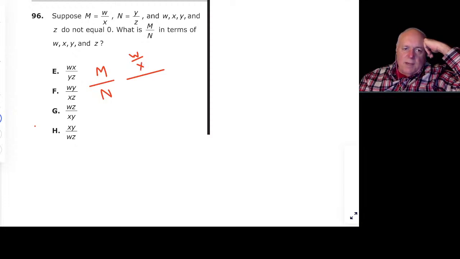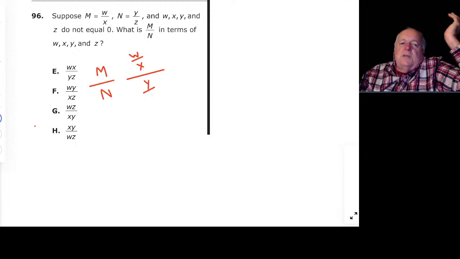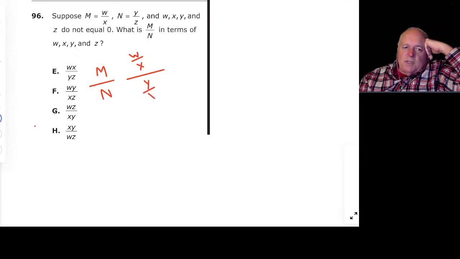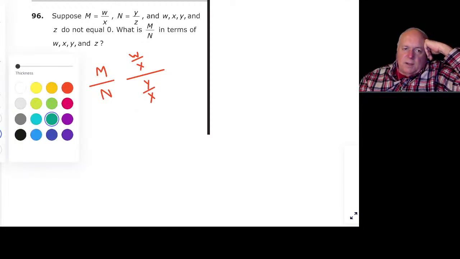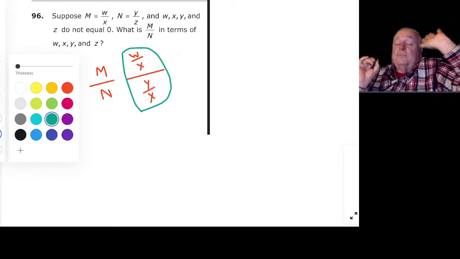Okay, some of you can even get as far as this in the problem, and then you don't know what to do. But remember this form here, this whole thing, I'm going to circle it in green. We can write it in another form, because if I have A over B, let me rephrase it, if I have anything divided by a fraction,